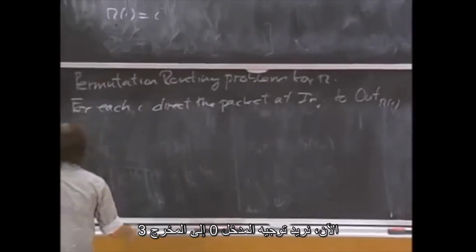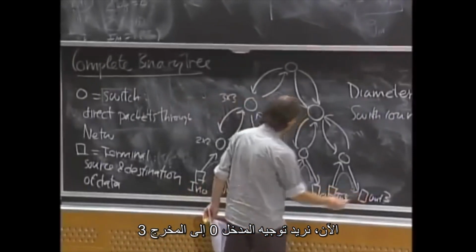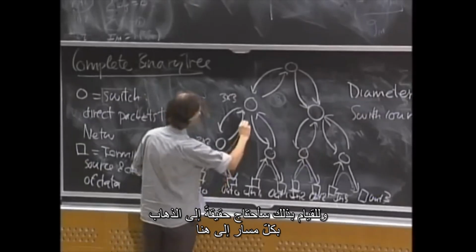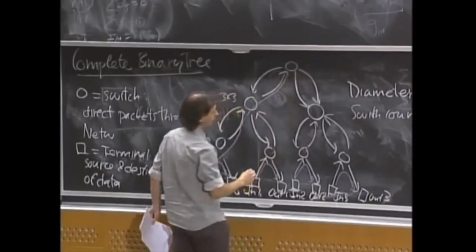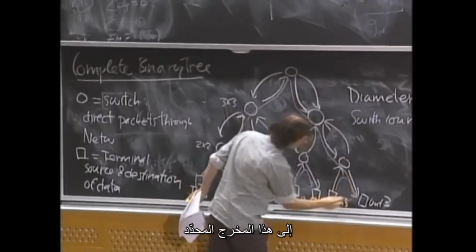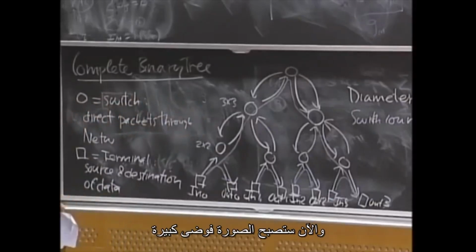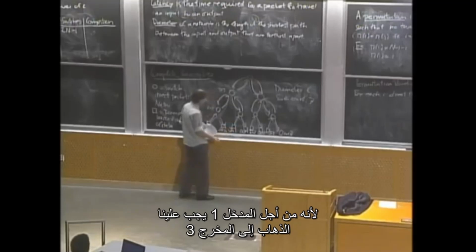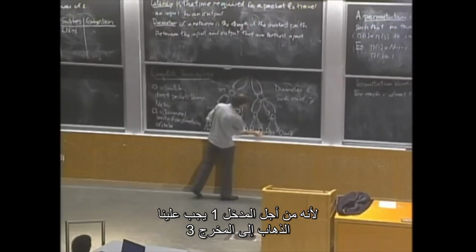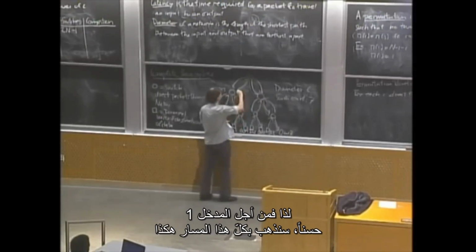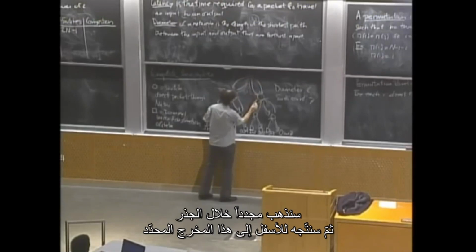Now we want to route input 0 to output 3. In order to do this, I will actually need to go all the way through here and then all the way down to this particular output. And now the picture gets into a big mess because for input 1 we have to go to output 2. So for input 1, we go all the way like this. We again go through the root and then we go down